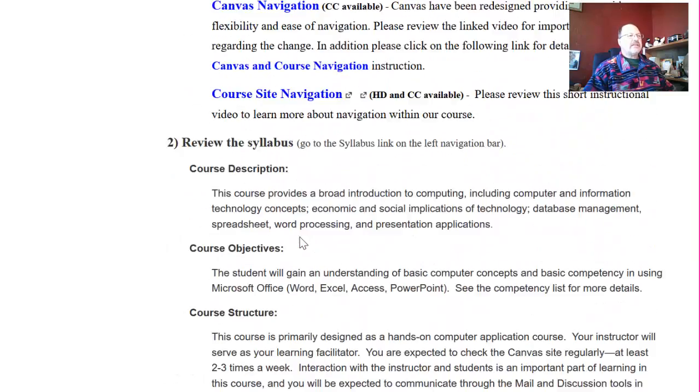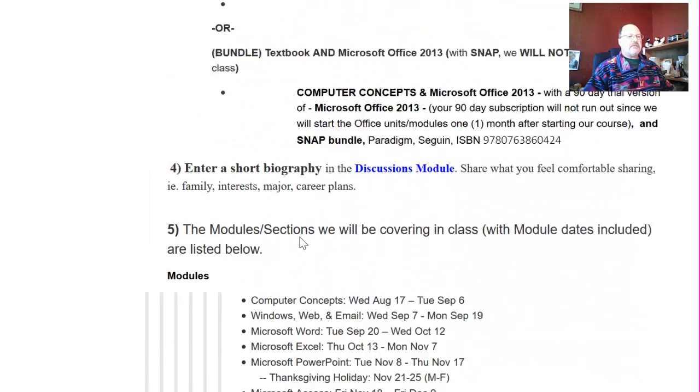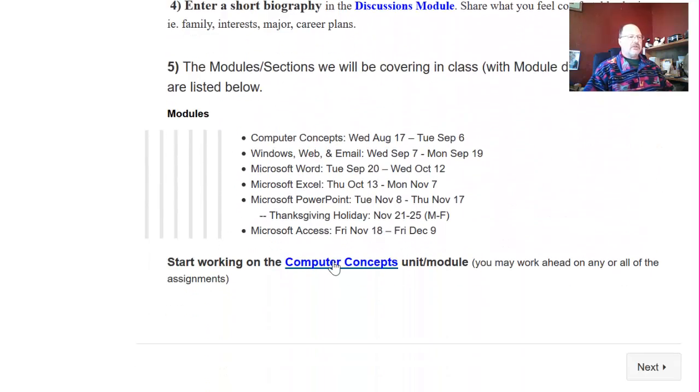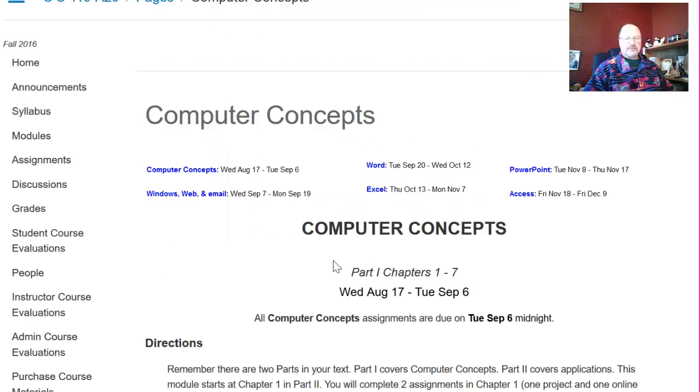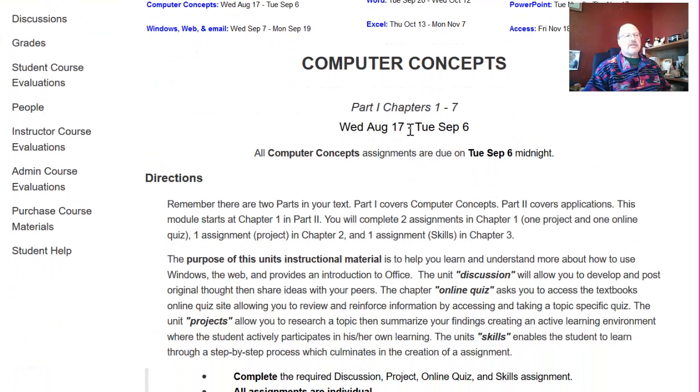Now, let me go ahead and go to computer concepts right away. Now, remember, that's under home, and you'll see these modules linked under the home page. Our computer concepts page, every page talks about the dates the assignments are due and the dates that we'll be working on the module within, the directions,